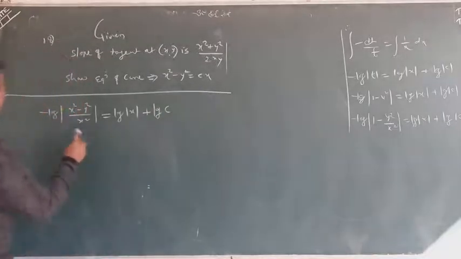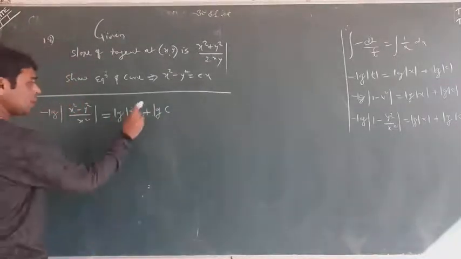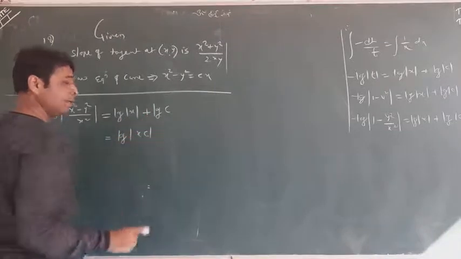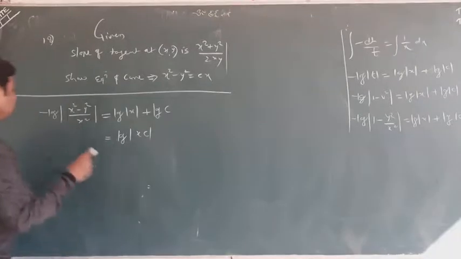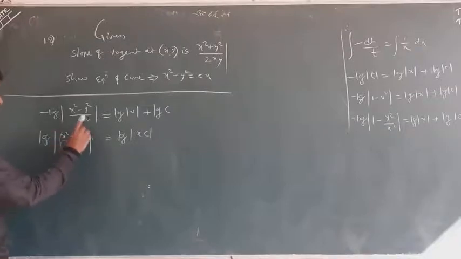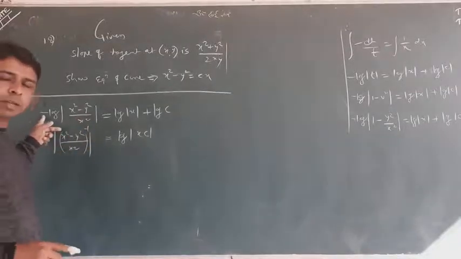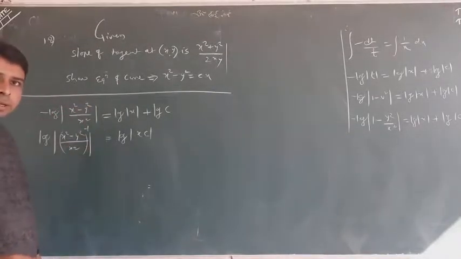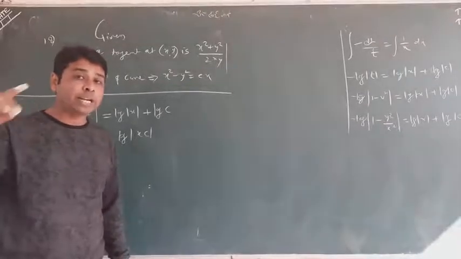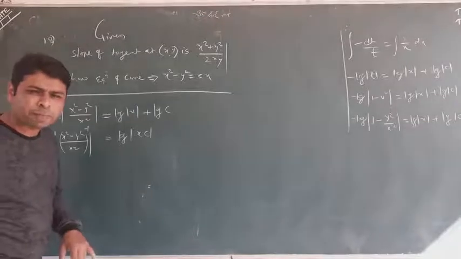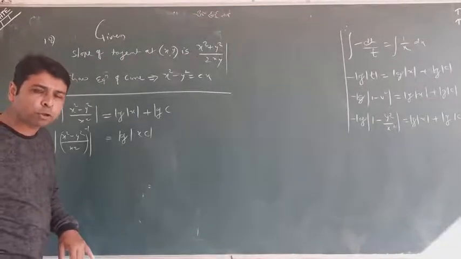First of all, I want to write these two terms. Log m plus log n is log mn. You know, log m plus log n is log mn. This minus I want to remove. So I want to remove that minus sign as a power. This is a front sign; I want to transfer that into the power. It is going to be minus 1. You know, m log n equals log n to the power m. So why did I do so? Because both are logs, I want to eliminate both logs or compare.